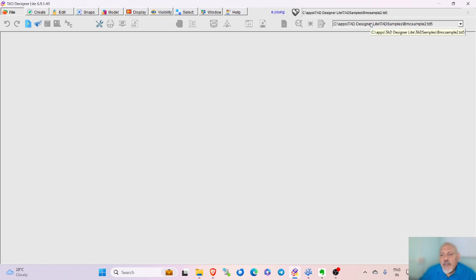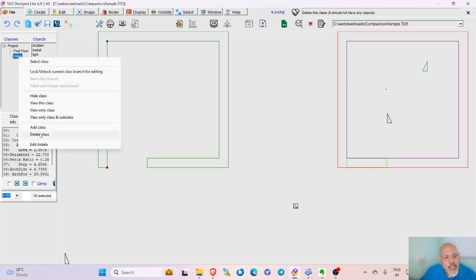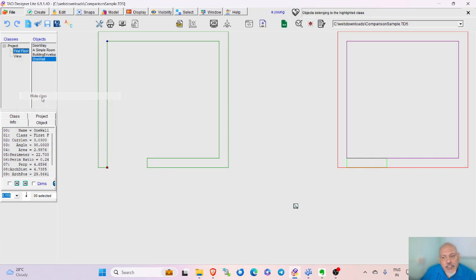Now I will quickly open a particular file which I have prepared, which is going to explain the difference between the way we model in CAD and BIM software and the way we model in TAD. Before that, let me just prepare a few things. I'll hide a few of the objects which are not needed.